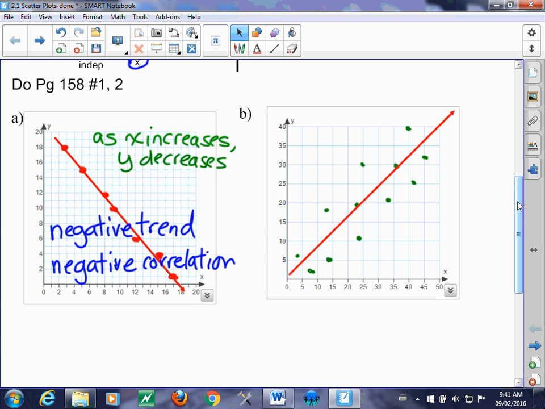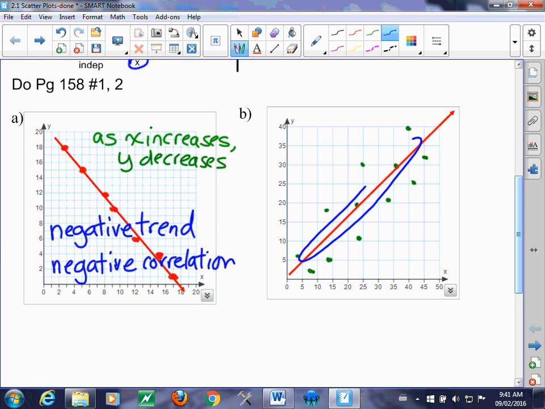So look at example B. Again, I plotted all the points that are on the table values. And remember when you draw a line of best fit, folks, that you have to get the trend of the data. So please understand that the trend is going in a diagonal this way, okay? And you want to try to maximize the number of points you go through and make sure you got equal